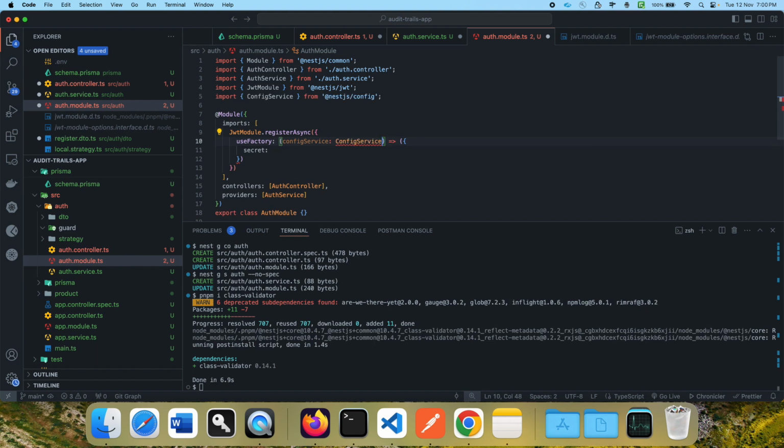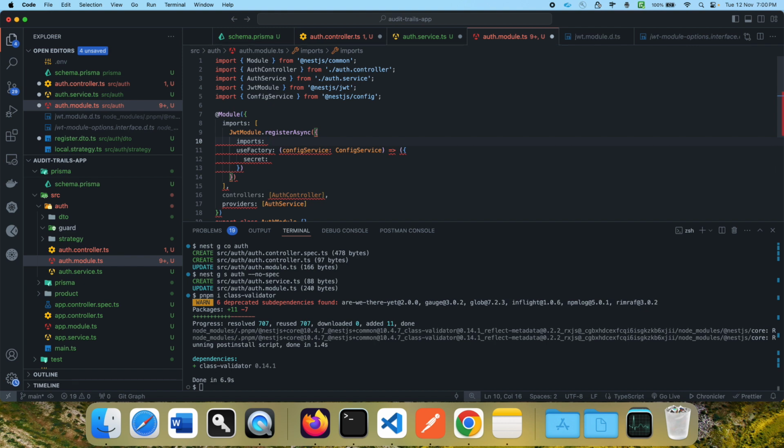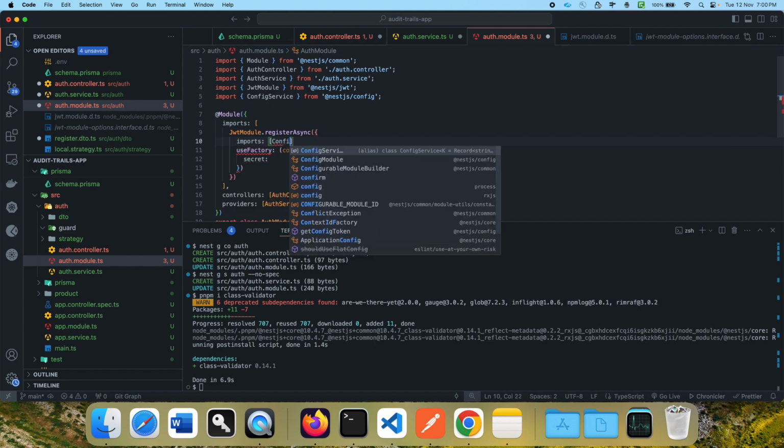We are trying to import it, but do you think it will work here? This module doesn't have a config service. Even if we import here, to make this work, we can import config service here, I mean the config module,